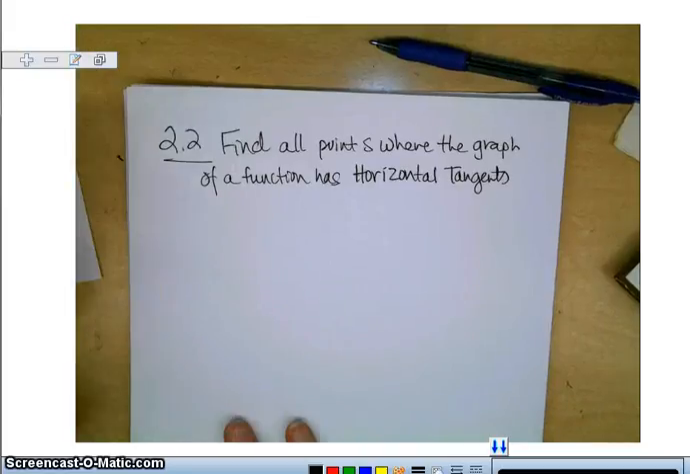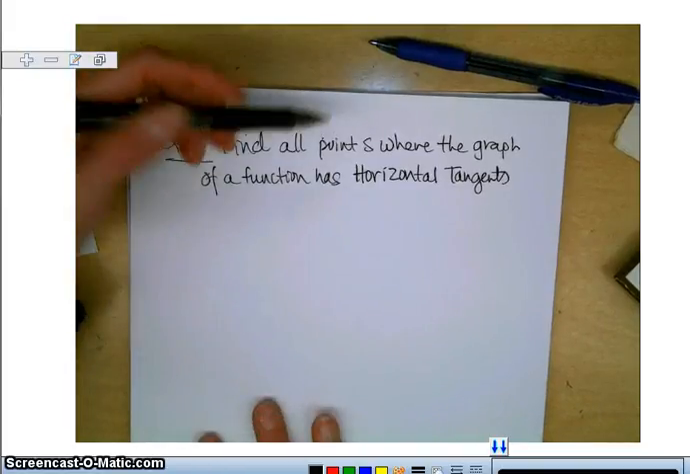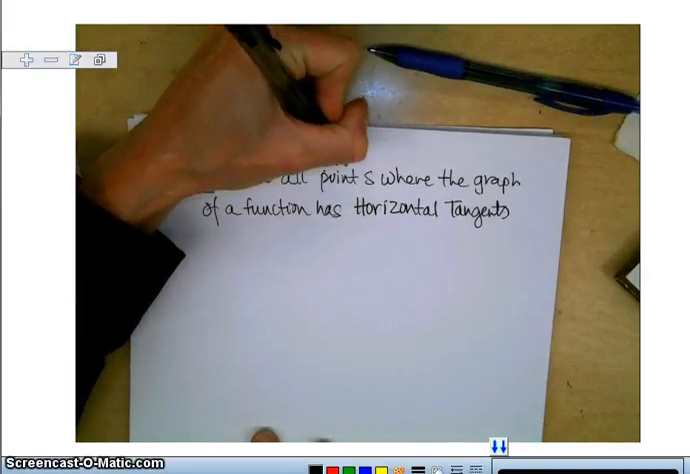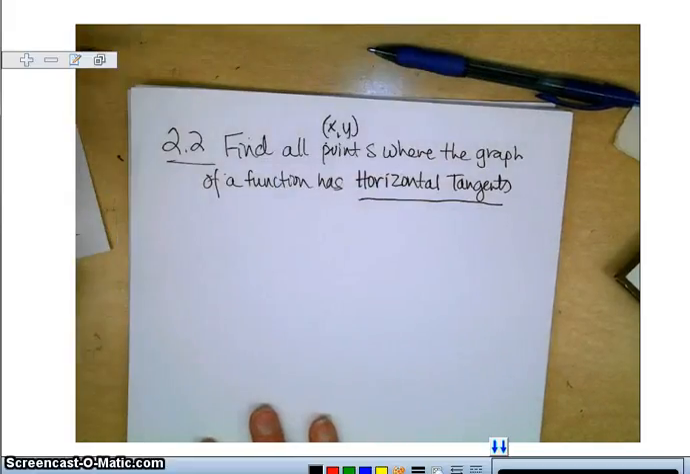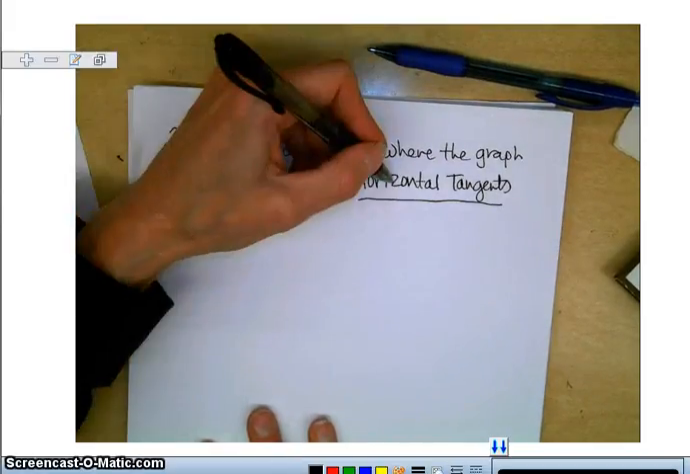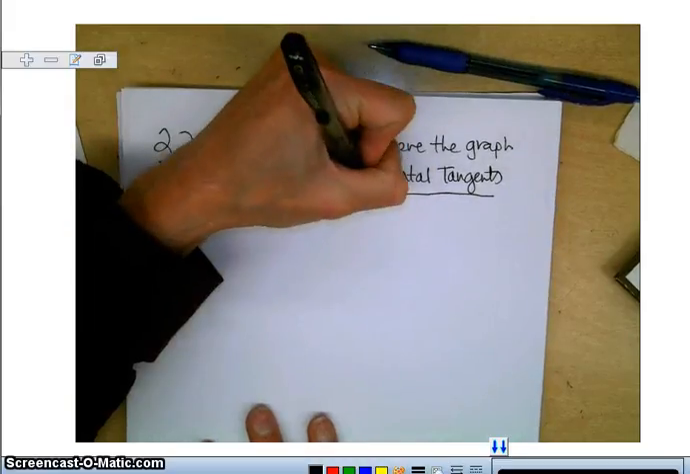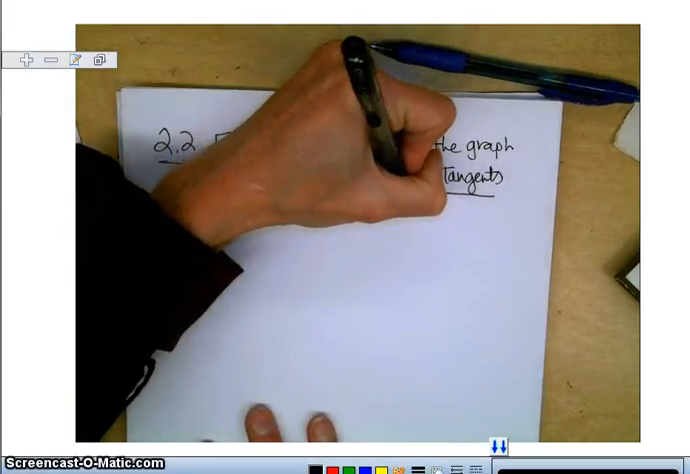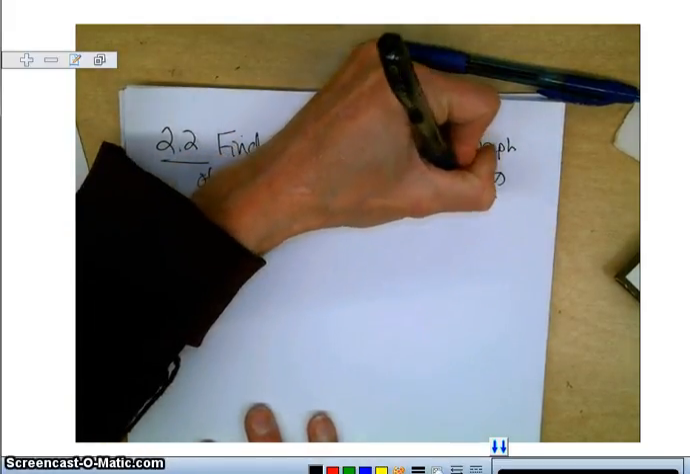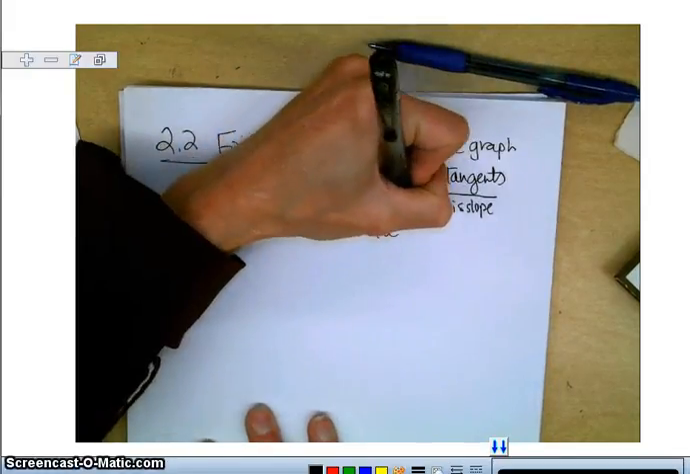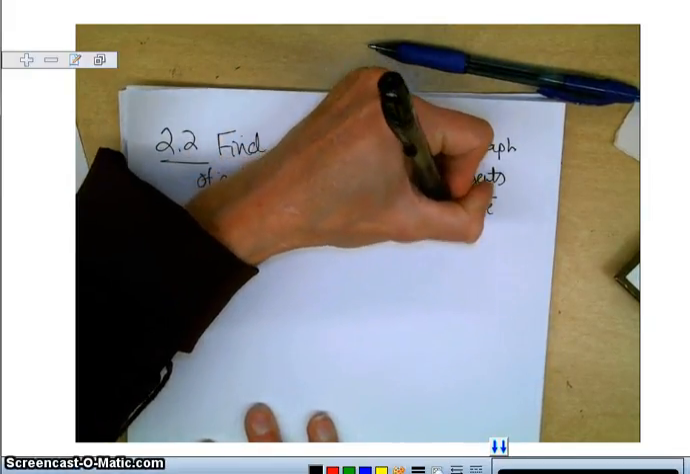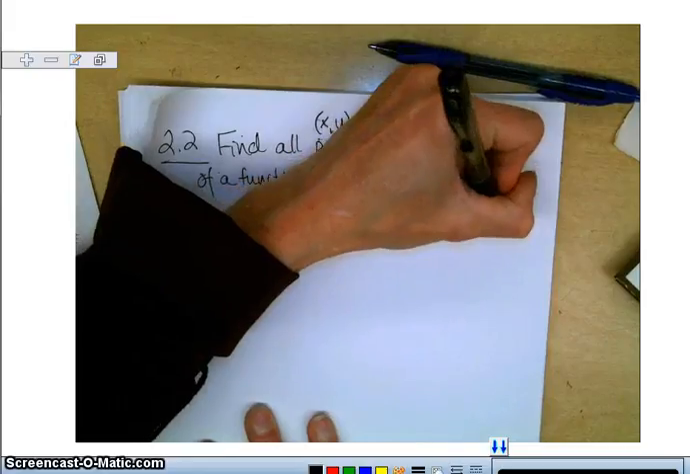Still in 2.2, we want to find all points. Points are ordered pairs, x comma y, where the graph of a function has horizontal tangents. Okay, so a horizontal tangent would be a horizontal line. And what is the slope of a horizontal line? Horizontal line has a slope of